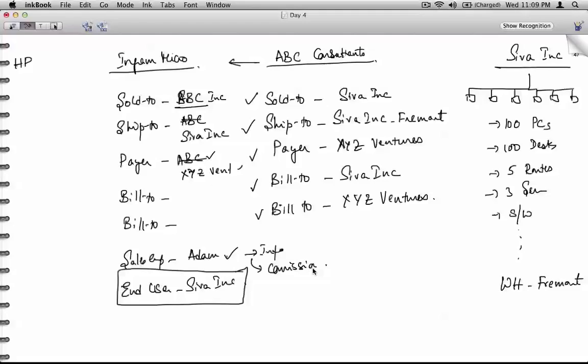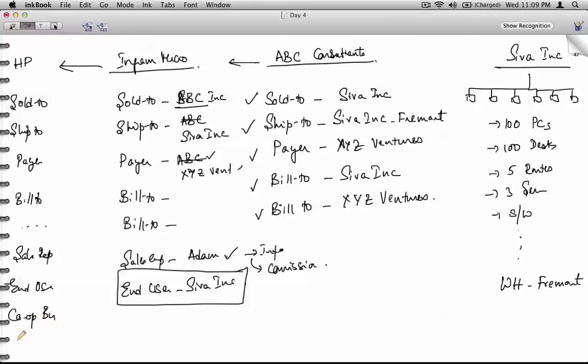Now when HP takes this order from Ingram Micro, again, who is the sold to? Ship to, payer, bill to, and then if necessary more bill tos. There could be a sales rep here, there could be an end user here, there could be a cooperative buyer here, there could be a value added distributor here, so on and so forth. Sold to is Ingram, ship to is, let's say, ABC,